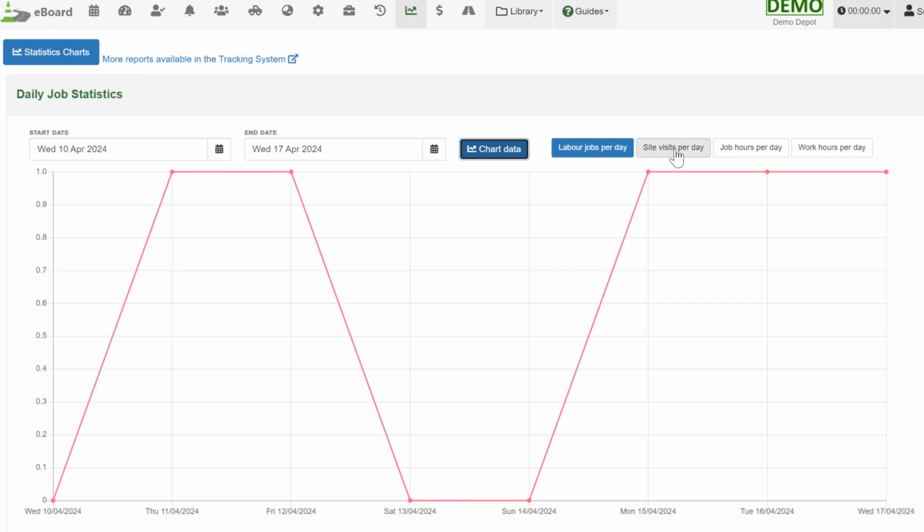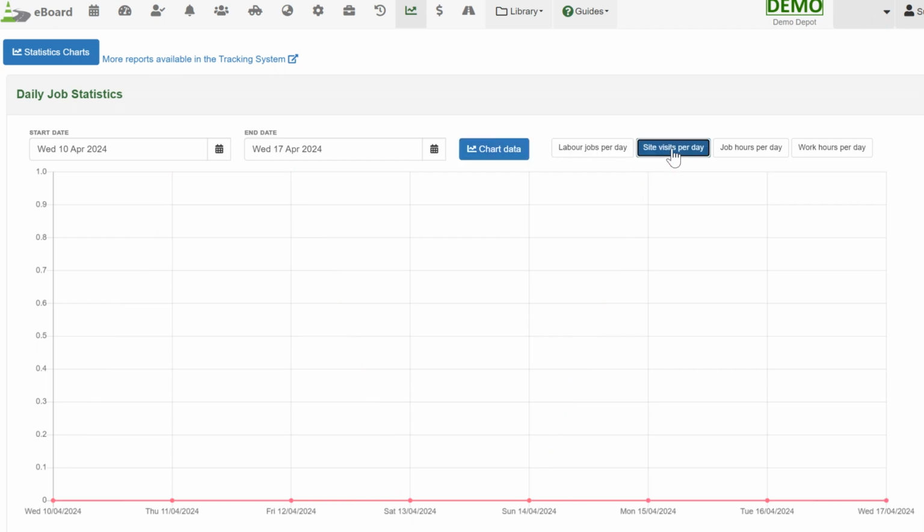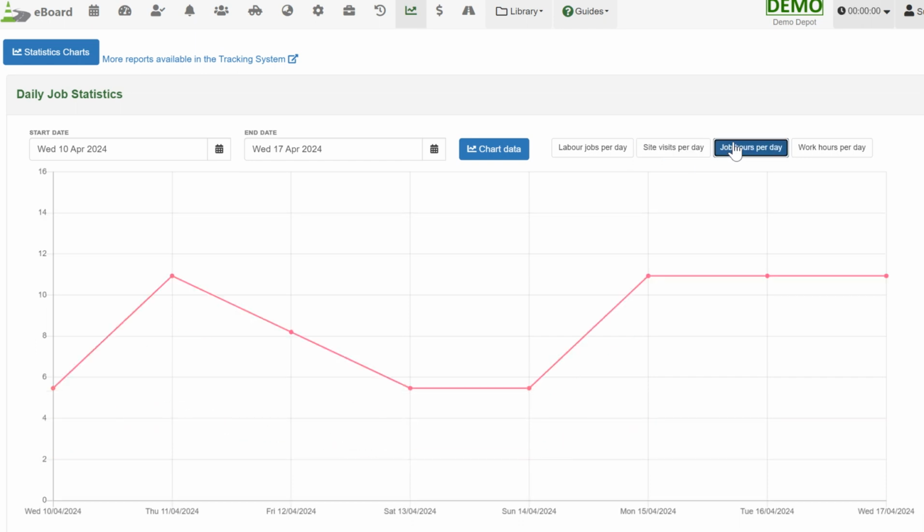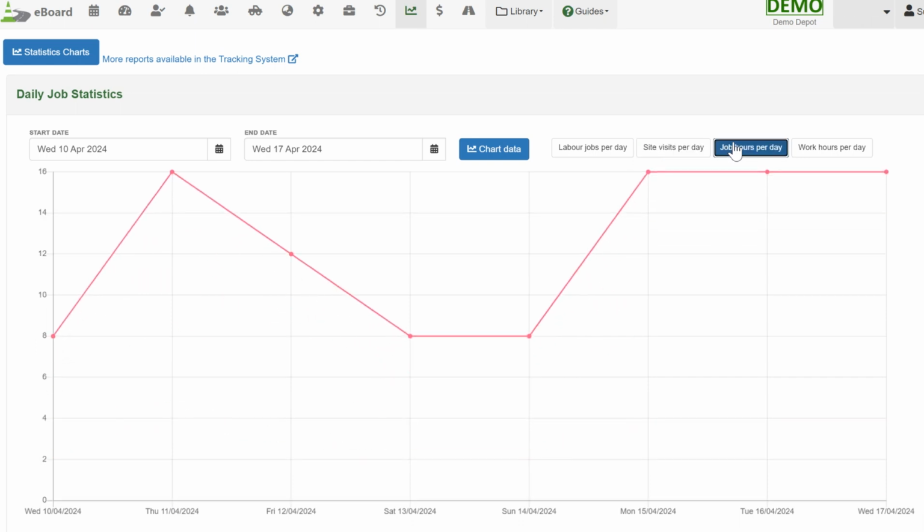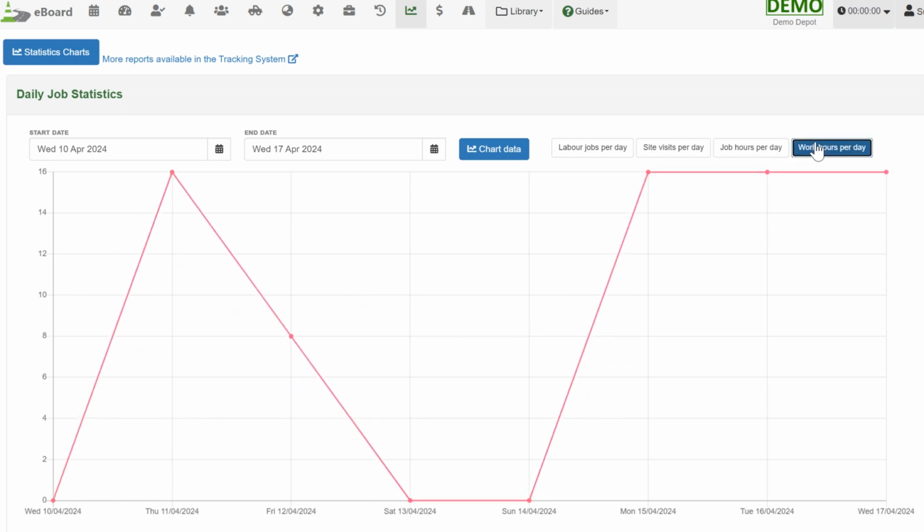I'm just going to give you a quick peek today of how to use it. If you want to just look on like how many site visits or the unattended sites you got per day, you can change it to that, or how many hours in total you were expected to do over time, and then the actual work hours per day. So you might just look over the month and see, oh, this week was busy and this or that, or you might load this page and look at a certain period of the year or the whole year, and then